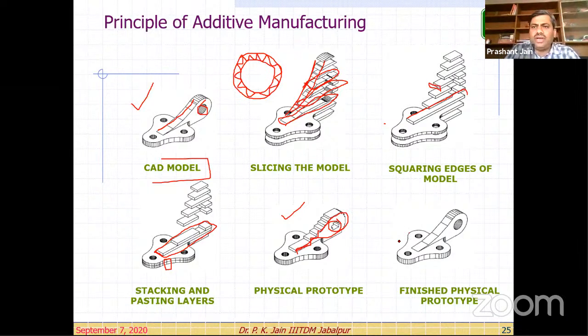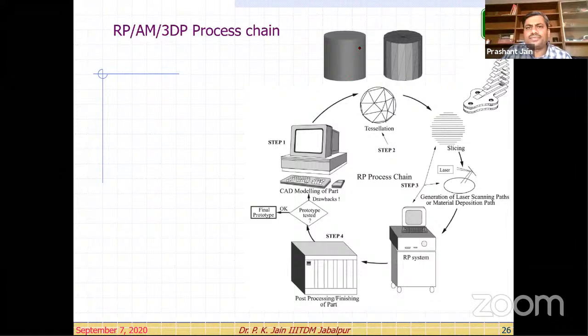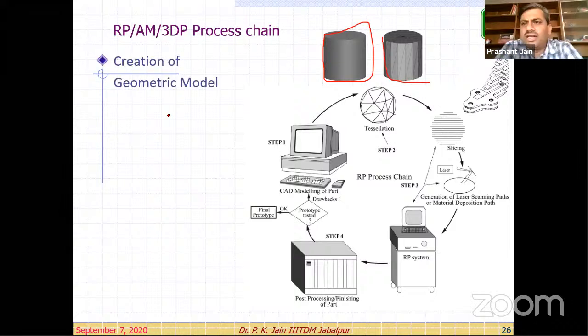Look at this. If we talk in terms of the process chain, you look at this here, this is the first cylinder. Anybody can identify the difference in these two cylinders? Anybody would like to respond? After geometric model creation, we do the next step, but can anybody differentiate two cylinders from the participants?